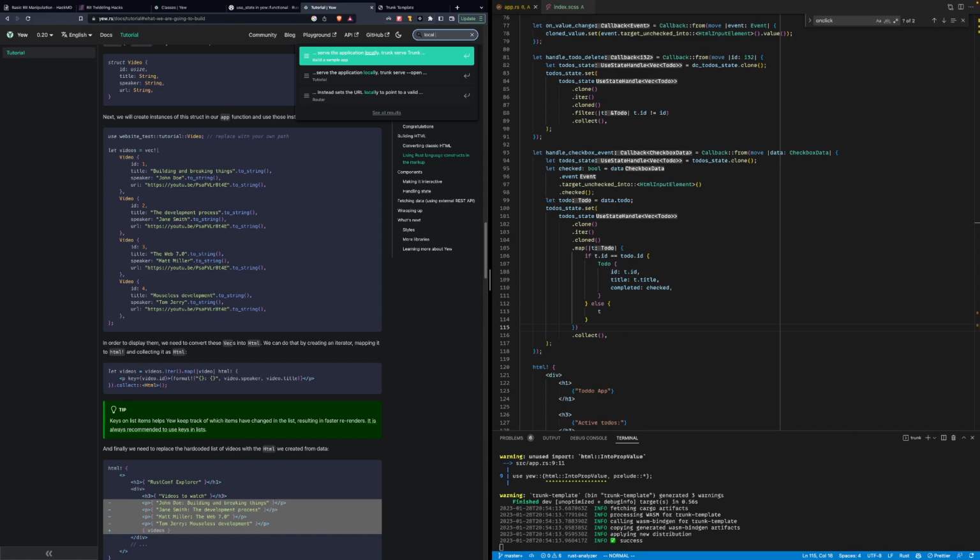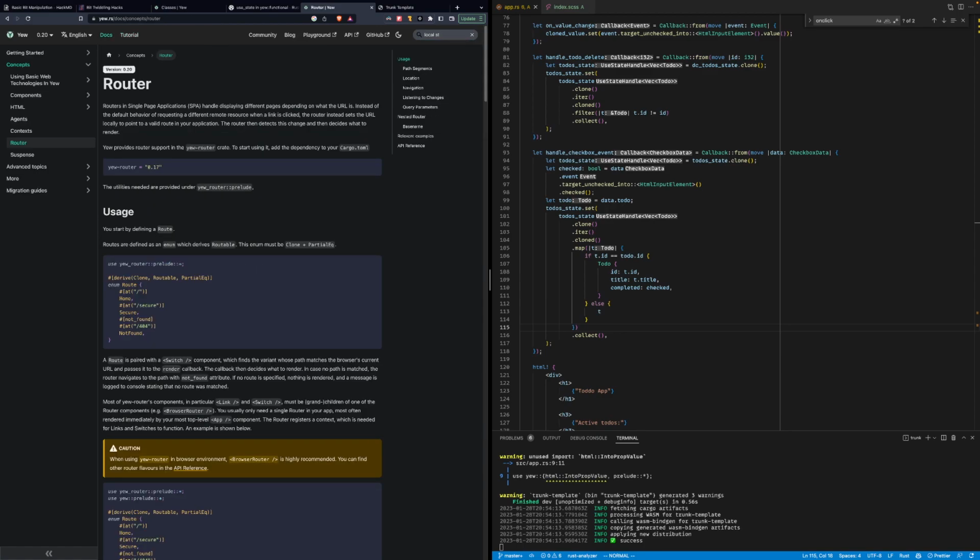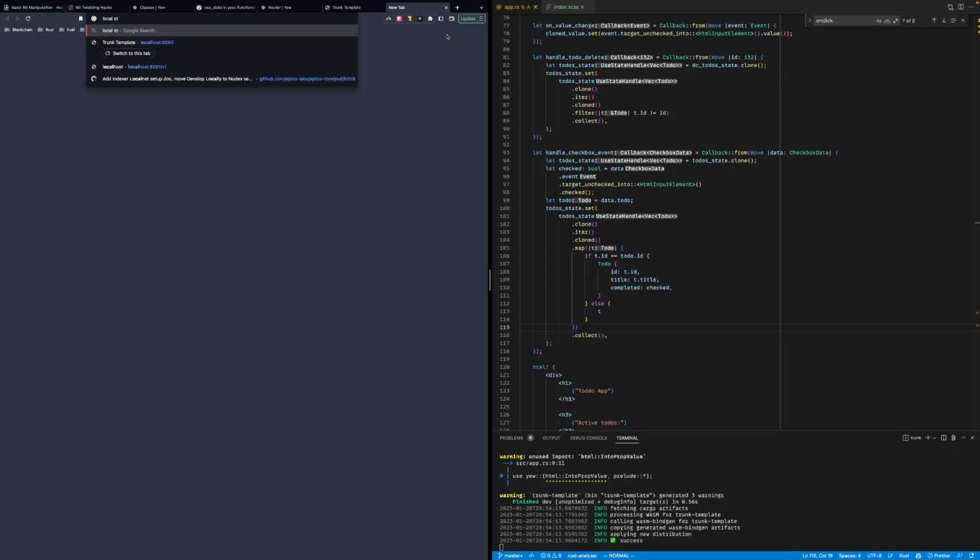Local storage. I don't know. No. How can I use local storage in websys?